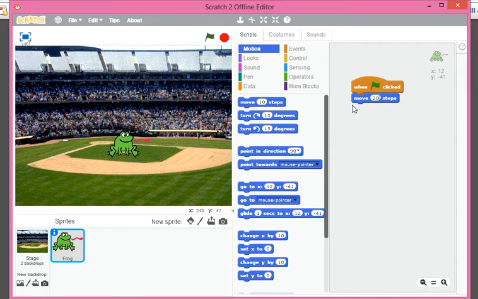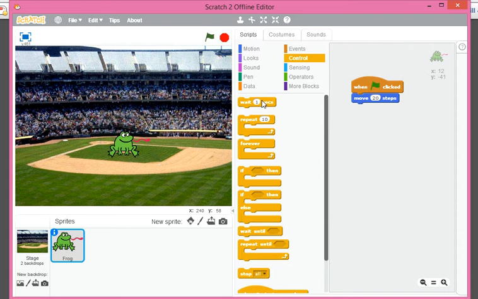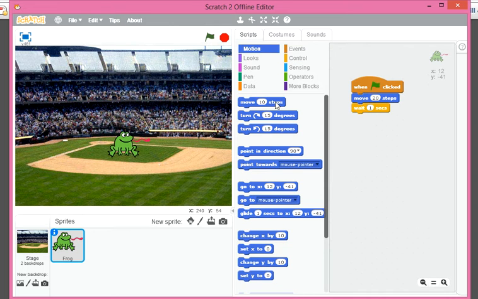Okay, now see what will happen. After that I am putting a wait control for 2 seconds, and again I am moving it 10 steps. So like this, just join these blocks and try it. Now if I want to see what it will do, just click on this option, the green flag. Okay, so just click there.